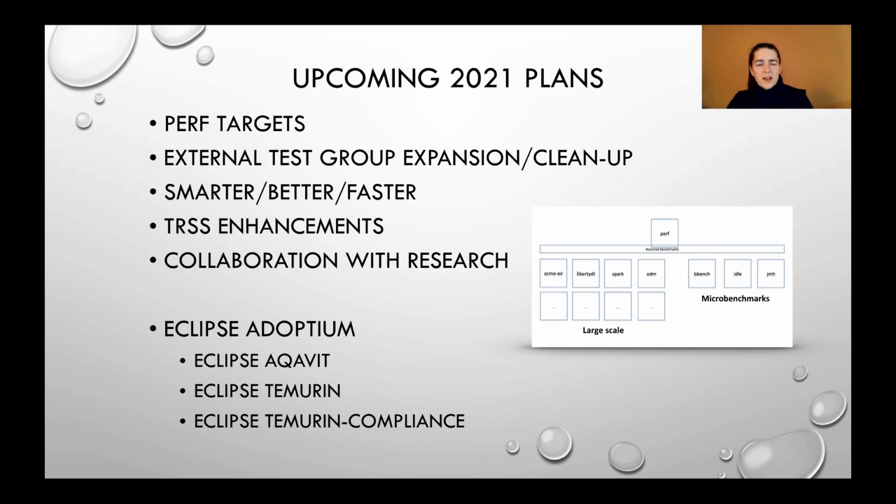Smarter, better, faster. That's a bullet point that I love because that means that we're doing a whole bunch of work on change-based testing. That means we can do smart parallelization. And that also means we are studying and running metrics against the test suites that we have. So we're going deeper into the value of what we have and making decisions, hard decisions, on what we keep and what we throw out.